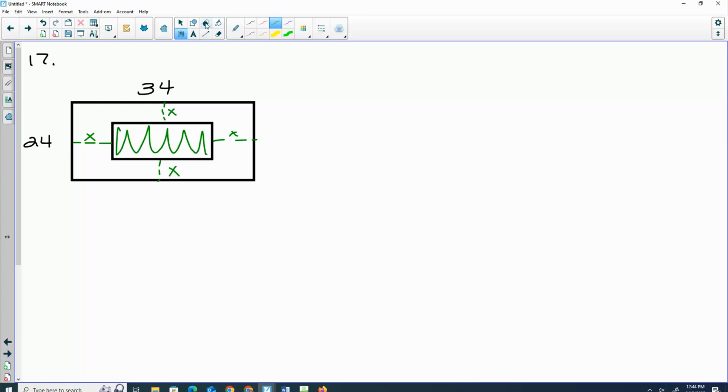So let's just think about that picture for a second. If I'm going to find area, we have to have length and width. The entire mat had a length of 34. But if I want to get to the picture, I have to remove this end and remove that end. How big is this end? X. So the final picture would be